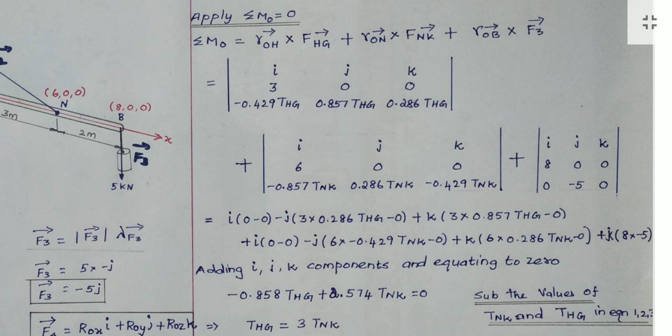Then i is plus, and minus j into, hide the first row and second column. So the row having j and its column are hidden, and these two will be there. The main diagonal means 3 into this, the co-diagonal means this value, as I represented here. Then for k, hide the third column and first row, so this will be there. Main diagonal elements multiplied minus co-diagonal elements. That's all. Similarly do this for the other also.